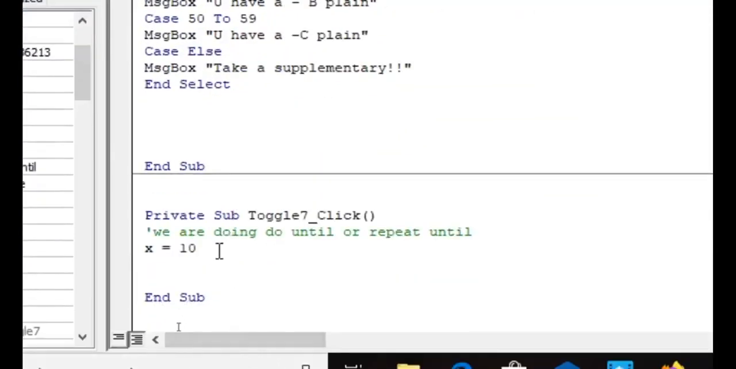Therefore, our code will be, remember we are doing this do that is until. Therefore, we shall just write that x equals to 10. Then do, if x is 10, do x equals to x plus 1. We are incrementing with 1. And then you shall get a message